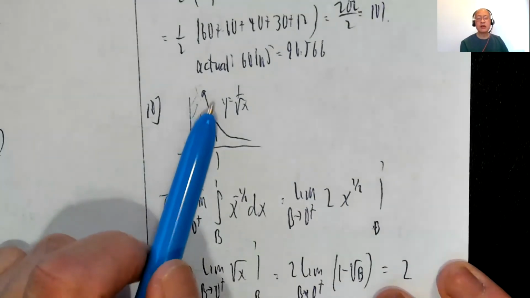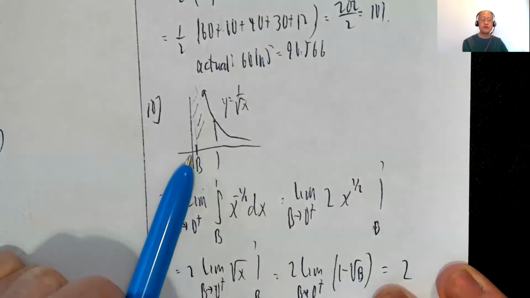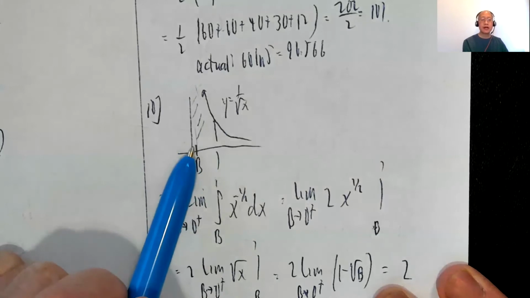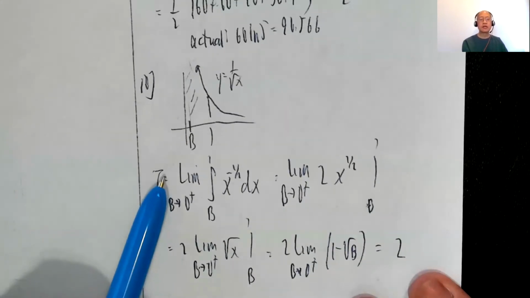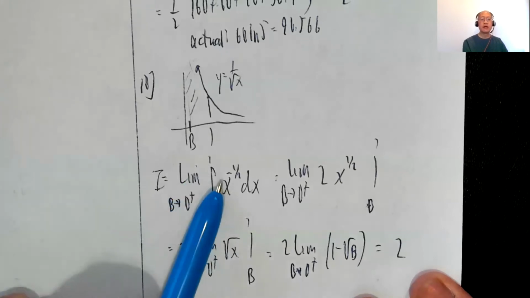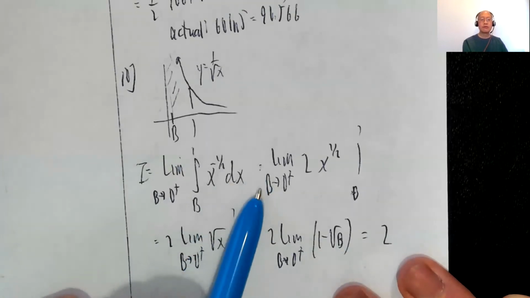Okay, number 10, the integral from 0 to 1 of y equals 1 over radical x. The function is not defined at 0, but if I move a tiny bit to the right, I can call it b, and I can integrate from b to 1, and then take the limit as b approaches 0 from the right. So I want the limit as b approaches 0 from the right of the integral from b to 1 of 1 over radical x, x to the negative half dx,